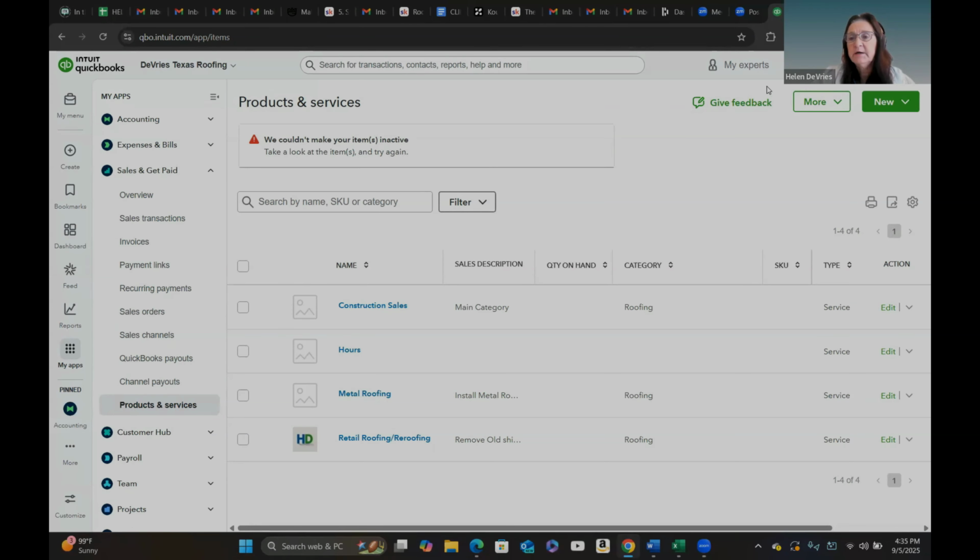Now we have construction sales, metal roofing, and we have retail roofing. Okay. And so what happens here, if we go